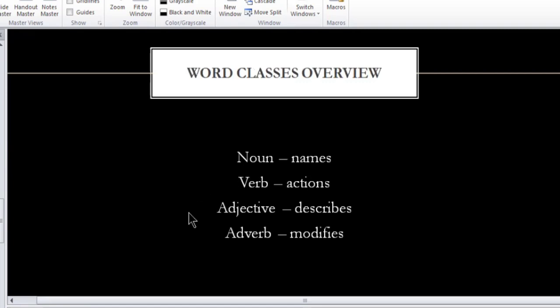वर्ड क्लासेस क्या है? वर्ड क्लासेस में हमारे पार्ट्स ऑफ स्पीच सारे आते हैं. इसका हम एक ओवरव्यू ले लेते हैं जल्दी से. Noun is, you know that, and we also have discussed in our classes what is noun, verb, adjective, adverb. ये पार्ट्स ऑफ स्पीच हमने वहाँ पे डिस्कस भी किए हैं, but we are just giving it an overview. Noun is naming words, verb is actions, adjective describes something, adverb modifies